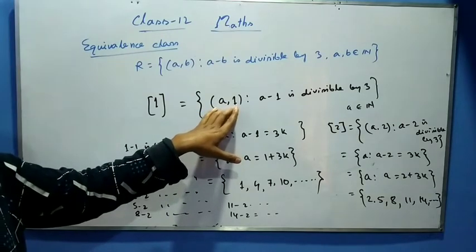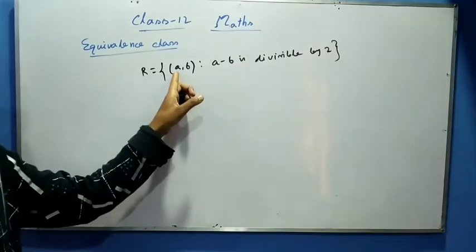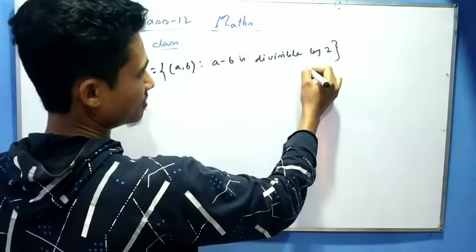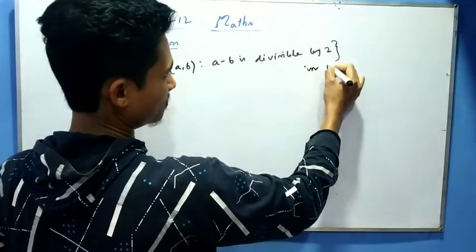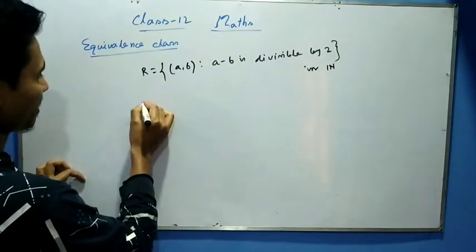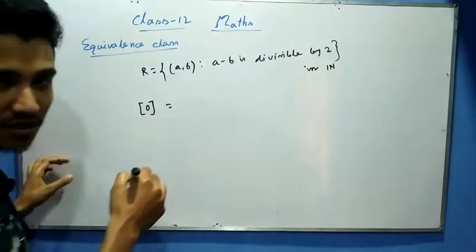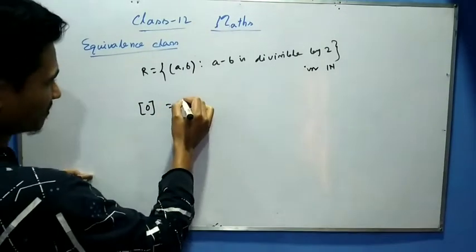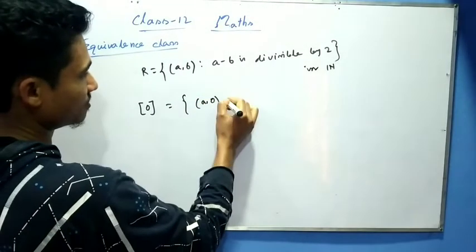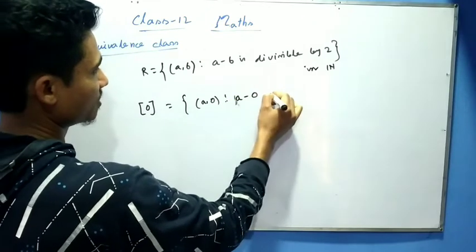Okay, so next example: R is a relation, (a, b) such that a minus b is divisible by 2, again on the set of natural numbers. Okay, now let us find the equivalence class of 0 under this relation. So what is the definition I am directly writing: we have to replace b by 0, so that our relation is a minus 0 is